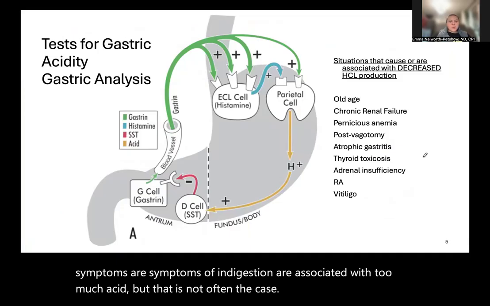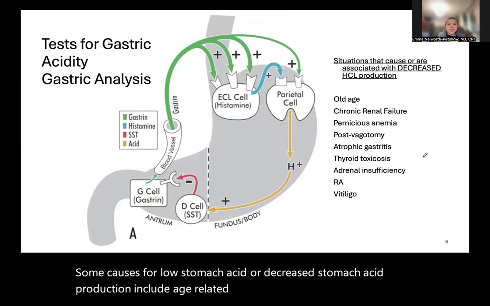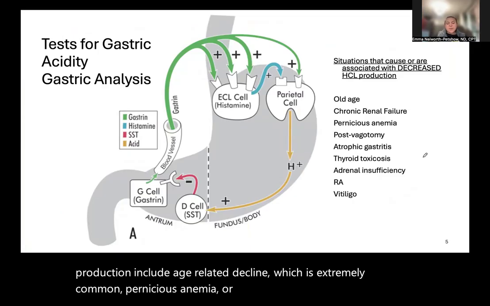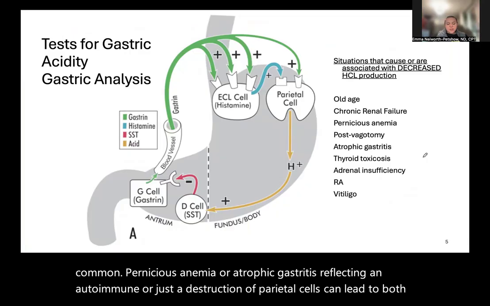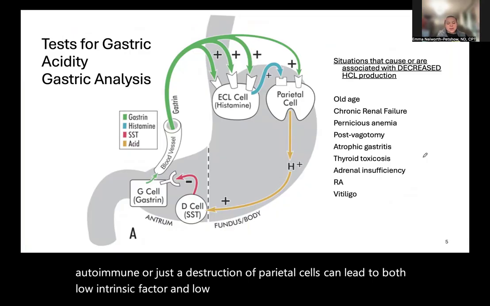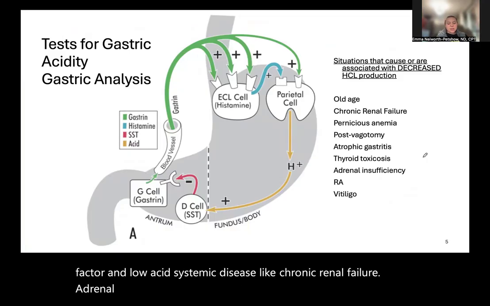Some causes for low stomach acid or decreased stomach acid production include age-related decline, which is extremely common, pernicious anemia or atrophic gastritis, reflecting an autoimmune or just a destruction of parietal cells, can lead to both low intrinsic factor and low acid. Systemic disease like chronic renal failure, adrenal insufficiency, and autoimmune diseases like RA and vitiligo can also